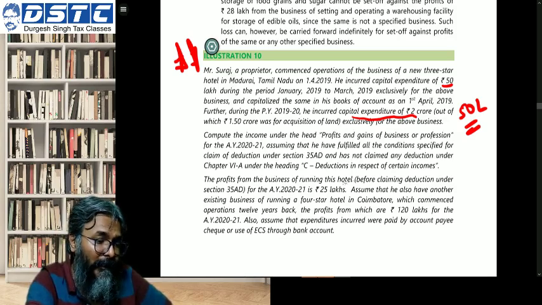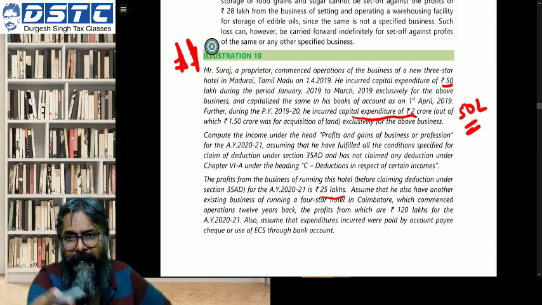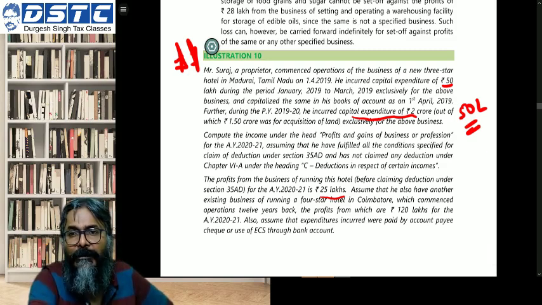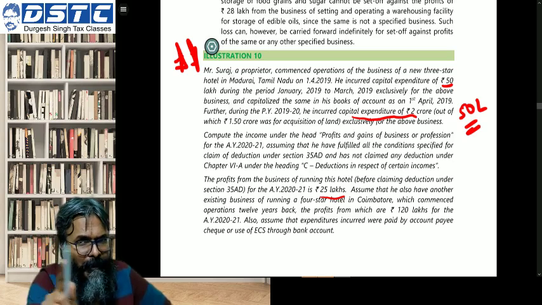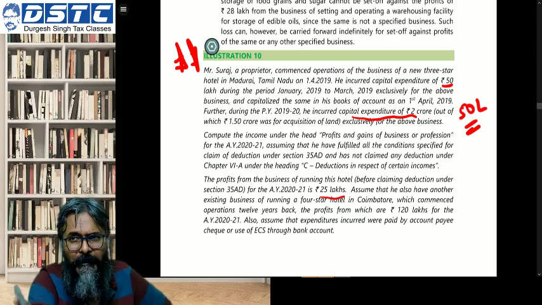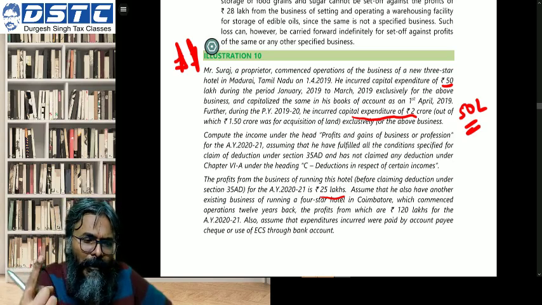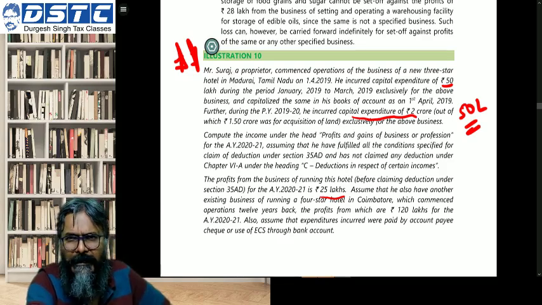The profit of running this hotel before claiming, how much is the profit? 25 lakhs. I can easily see that there would be a 75 lakhs loss. You will say, sir, from where did you get this number of 75 lakhs? See, the total deduction of 35AD is 1 crore. Before commencement 50 lakhs and after the commencement 50 lakhs, the eligible one. So your total deduction has become 1 crore, out of which your profit before 35AD deduction is only how much? 25 lakhs. So I can easily see 75 lakhs is a loss